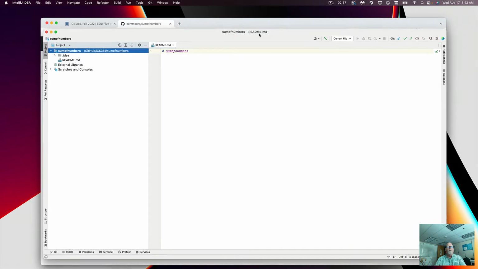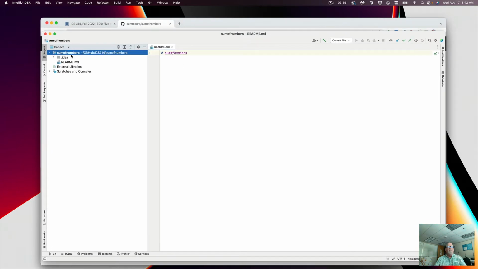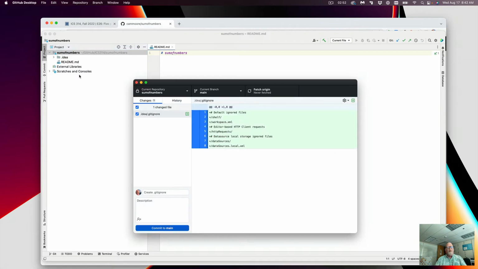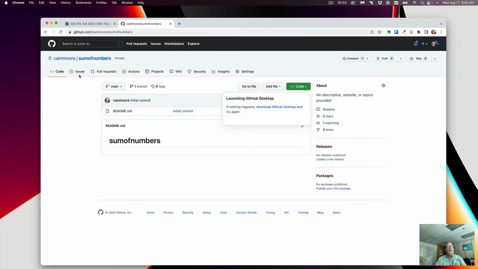It didn't open the right screen. So I've got my repository. It's in GitHub, ICS 314, sum of numbers, so it's the same place. I have my .idea directory and my README file. And now I want to make sure that I've set up my